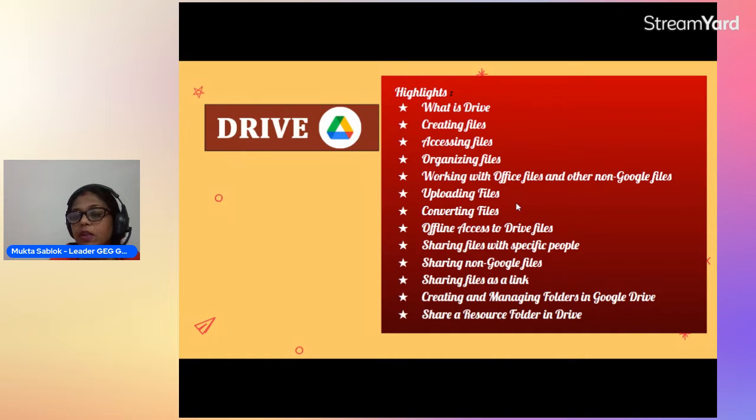Uploading files in folders, creating and converting files, offline access to Drive files. Offline access means Google has given us a very great feature to access Drive offline also. Sharing files with specific people, sharing non-Google files, sharing files as a link, creating and managing folders in Google Drive, and sharing a resource folder in Drive.